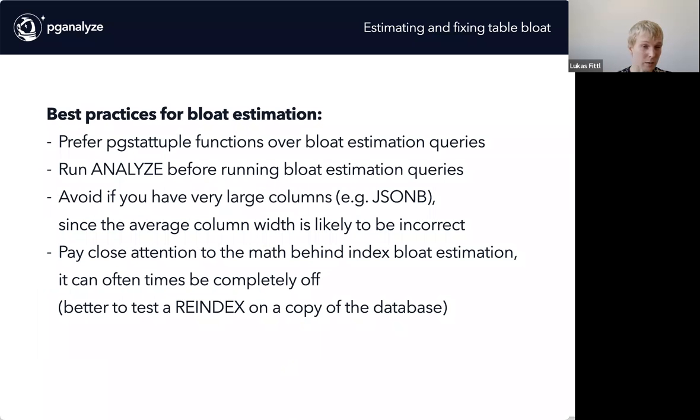Generally, I would say look at the pgstattuple functions that we showed you earlier much more than these bloat estimation queries, because pgstattuple is maintained by the Postgres core team, and it gives you a lot of similar data. So I'd much rather run pgstattuple on a database or a table. If you do use bloat estimation queries, use analyze. That gives you an accurate, or somewhat accurate, reltuples count, and that's important for bloat estimation. And if you have very large columns, then your average column width may not be correct, right? Because analyze is going to sample a subset of your table,